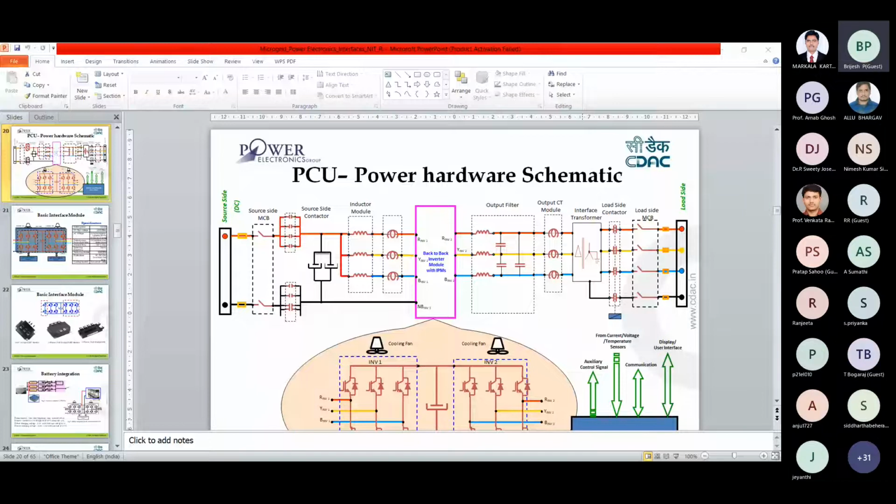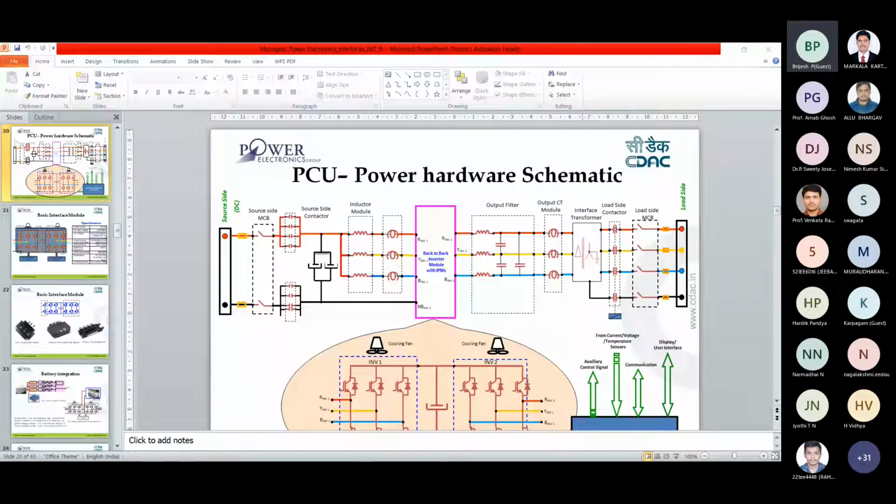Actually, this is the power hardware which we use for interfacing the energy resources. We call it a universal front end because we can interface either AC or DC with the same hardware.